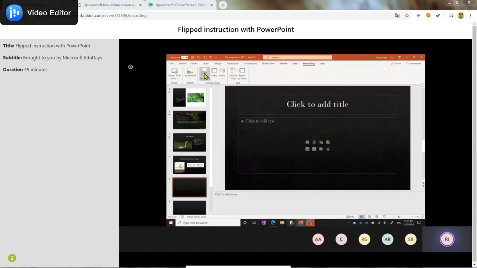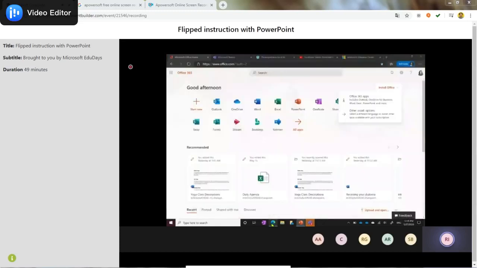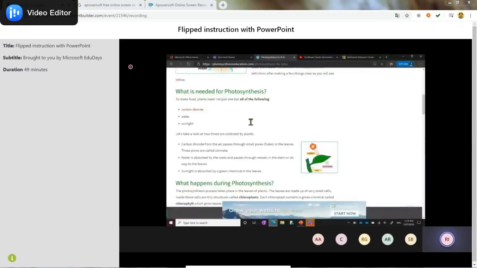And I think we will try and go ahead and do this right now. So I'm going to click on screen recording. And the first thing you want to do is make sure that the screen you'd like to record is already up on your computer. So I would actually like to take a recording of this website for my students and show them all the resources that are available on it. So I'm going to go ahead and go back to my PowerPoint.